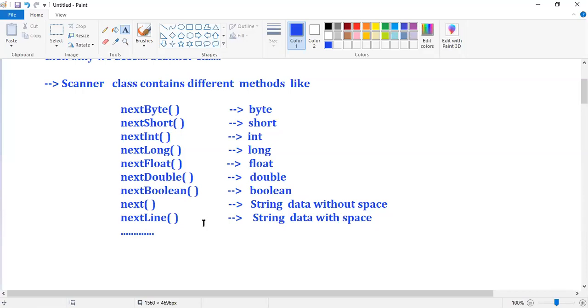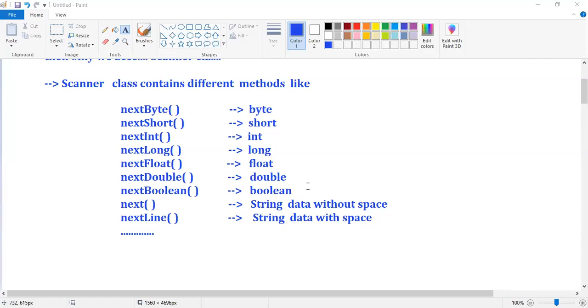So your requirement is, if you want to read single character data dynamically, note that next and nextLine are both string type data, right?